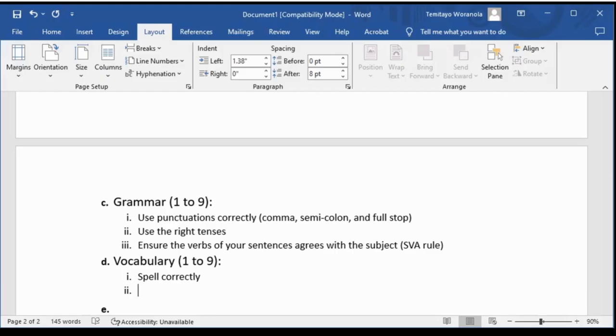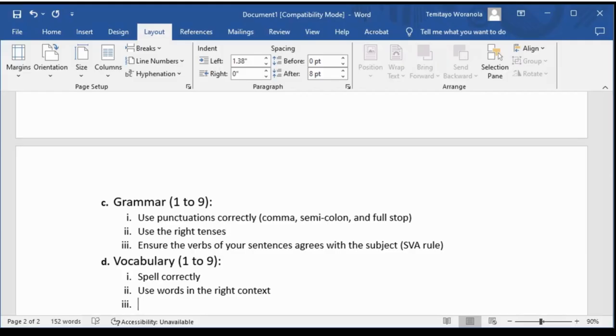Number two is that you must use words in the right context. Okay? Don't use the wrong words. Don't use words out of context. Somebody says, what does it mean use words out of context? Well, that's beyond the scope of today's lesson. That's a lesson for another day. You go to ChatGPT again and type, explain the meaning of using words in context. ChatGPT will give you a brief overview of what that means.